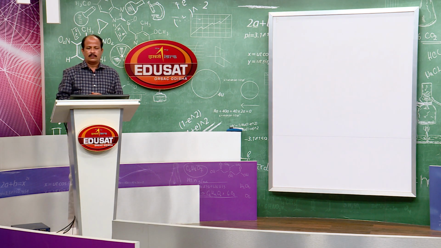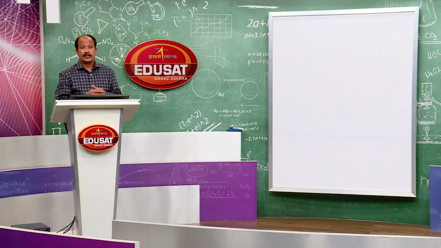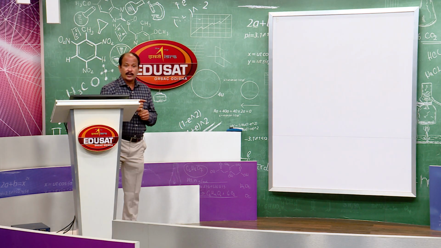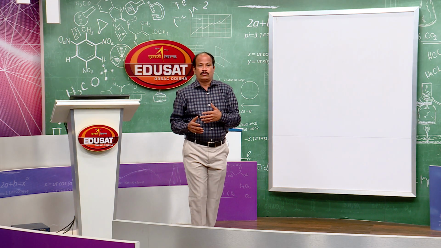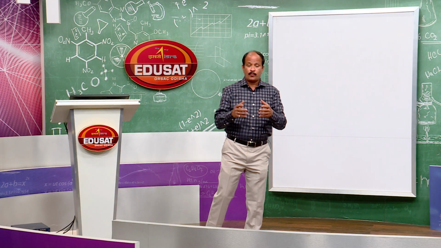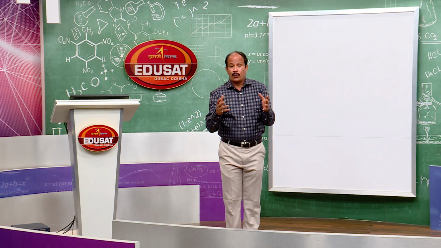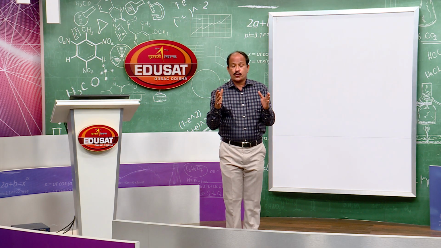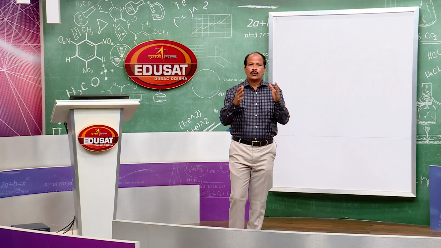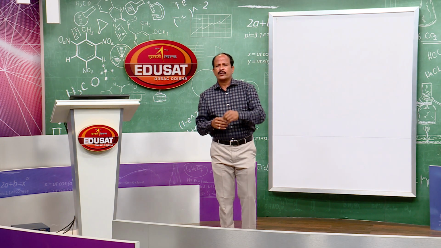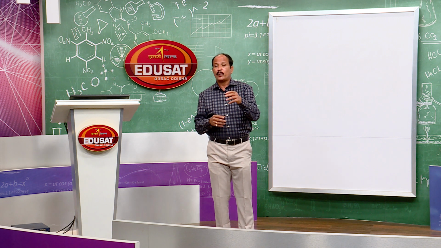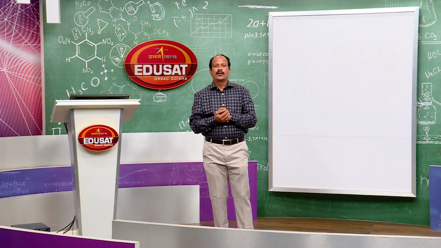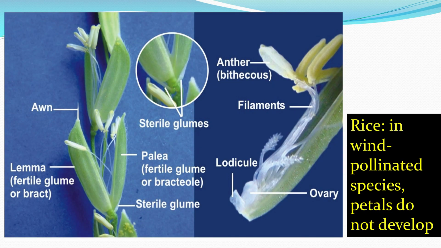Other flowers, day blooming flowers, attract pollinators, but wind pollinated flowers have nothing to attract because the wind blows. So, that is why these plants have evolved a highly reduced perianth. The perianth is represented by lodicules here, and other adaptations of these wind pollinated flowers, as you can see, include a feathery stigma